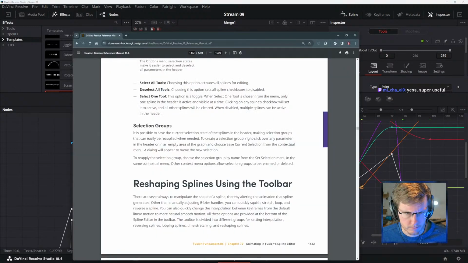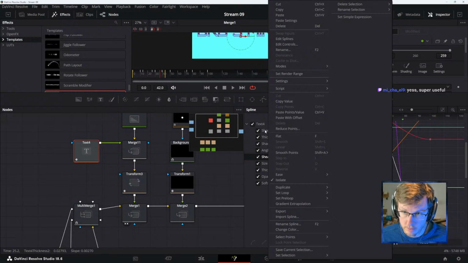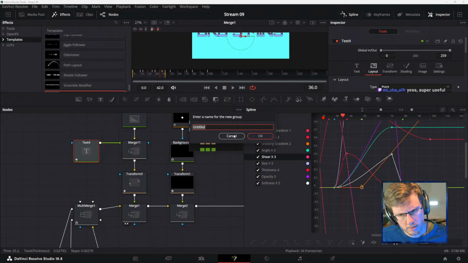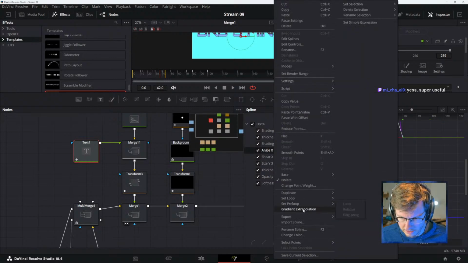What was it? To create a selection group, right-click over any parameter in the header. Save current selection. Wait, but how is that a selection group?